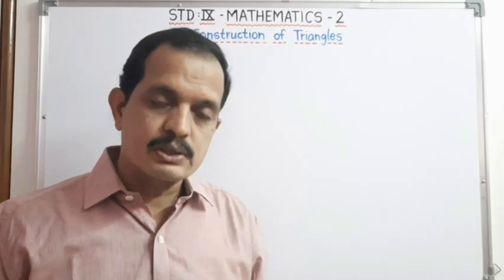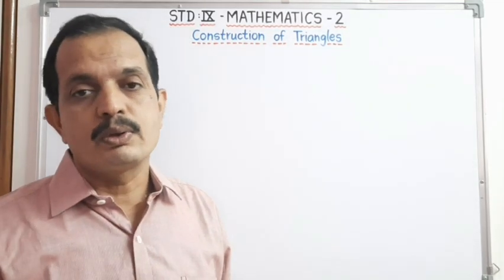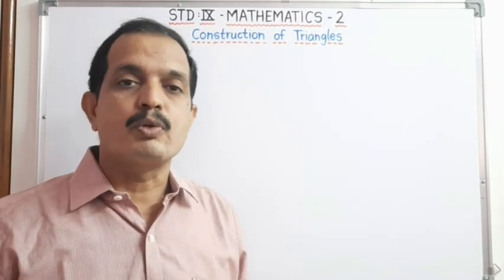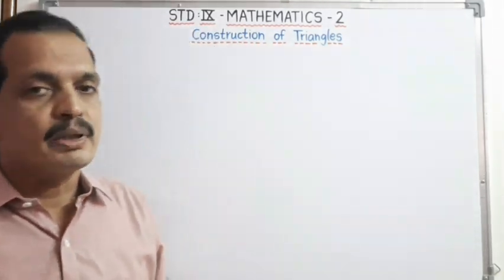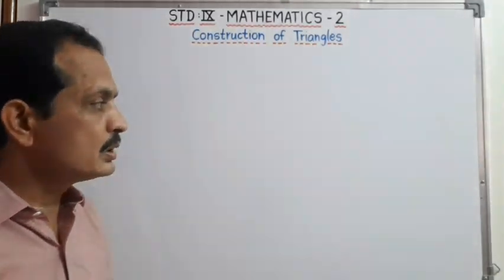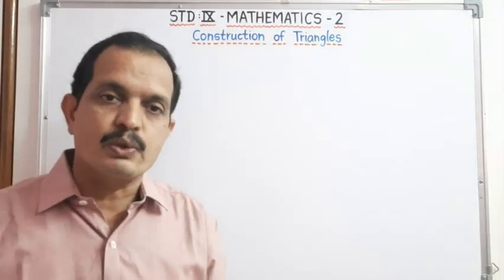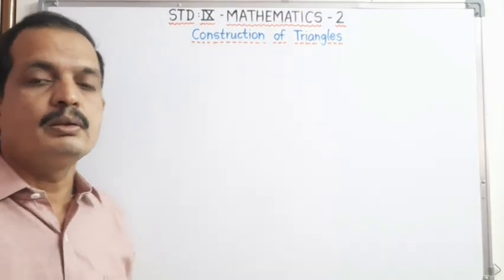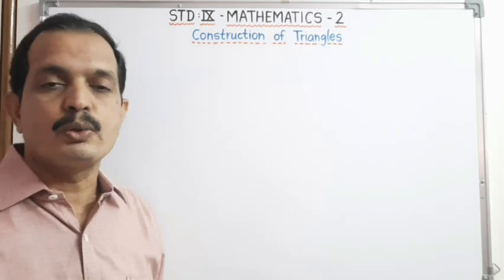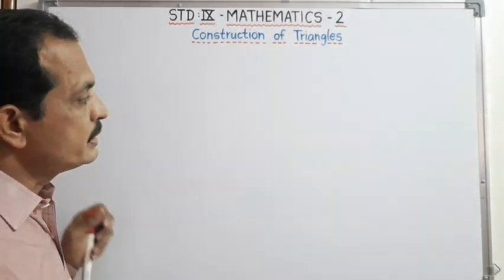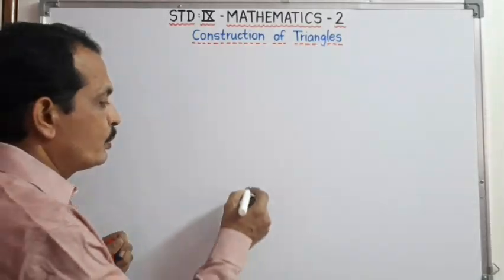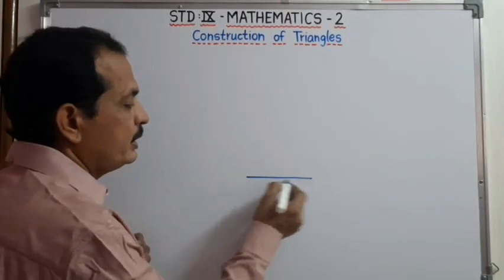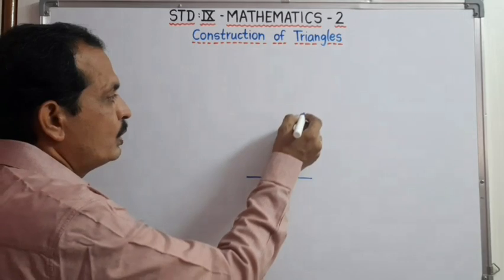Today our topic is practice set 4.2 and 4.3. Dear students, some basic rules or basic information I want to share with you to construct the practice set 4.2 and 4.3. See dear student, in practice set 4.1, we construct the triangle when its base, one base